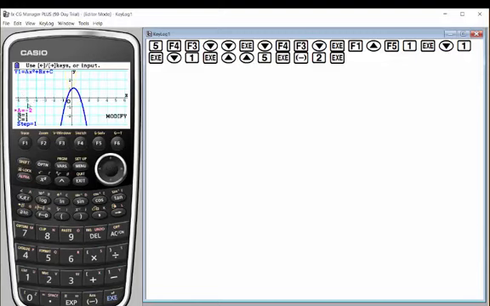You can do it that way, or you can use what we call step, and that allows you to change the coefficient up or down by whatever step you've decided. In this case, it's 1. I can change the step. I can make it 5. I can make it whatever number I want, but we're going to keep it with 1.